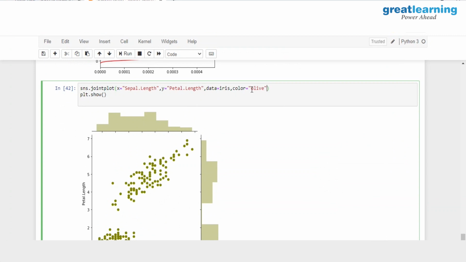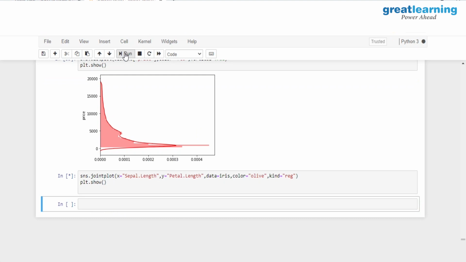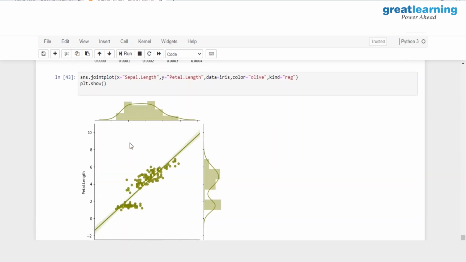So here I'll have kind, and I'll have the value reg set for this kind attribute. Let's wait for the result, and you would see that I have added a regression line which goes through the histogram and also goes through the scatter plot.